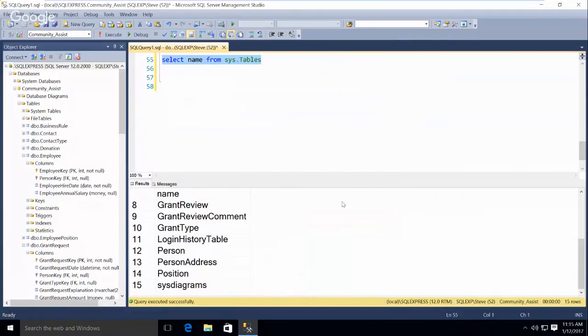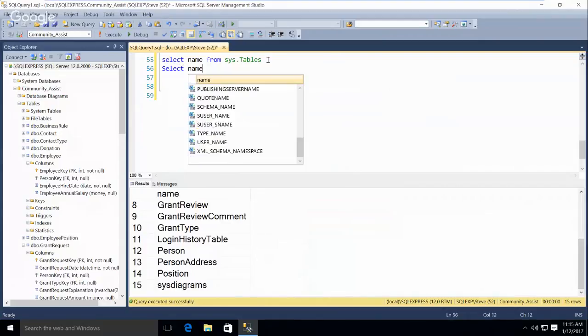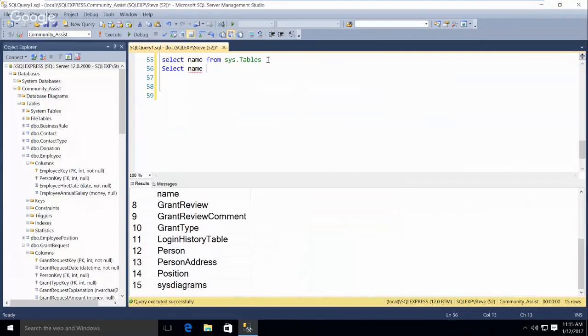If I wanted to see all the columns in a particular table, so let's do select, and I'm only doing name. I'll show you what it looks like if I do an asterisk, but actually, I'm not sure. Let's do a star from sys.tables first.